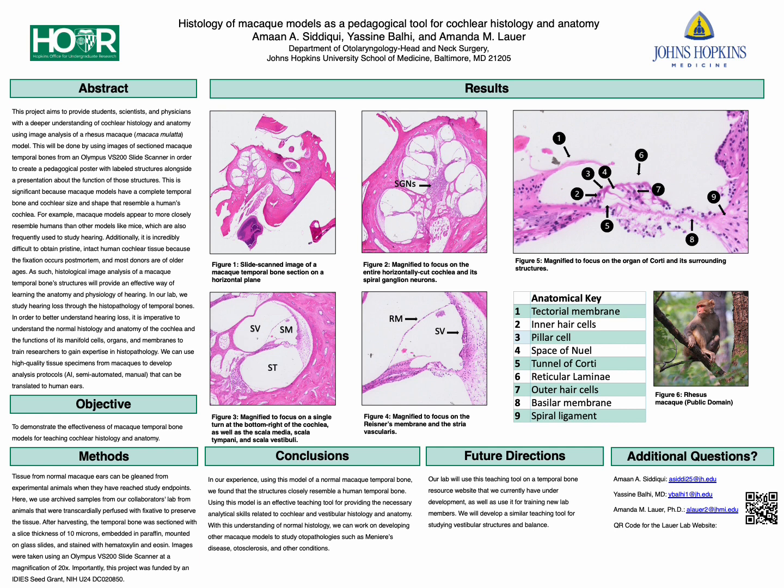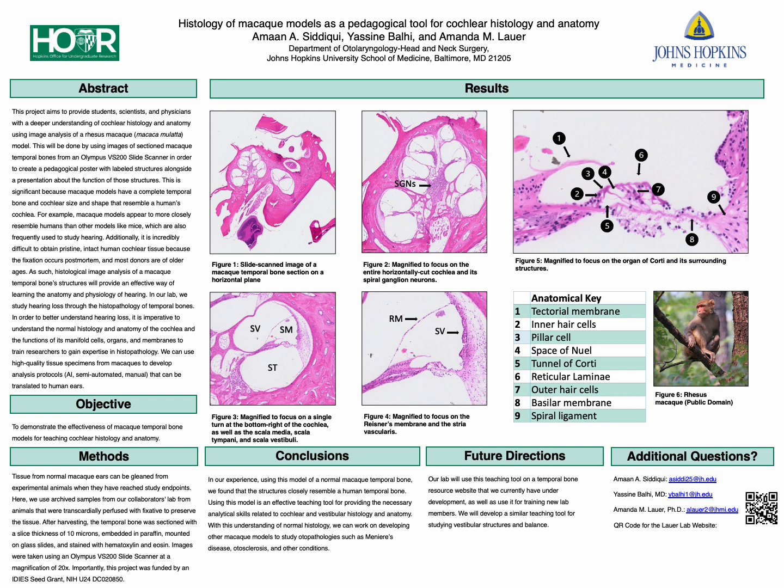Taking a look at the abstract on the left, this project aims to provide students, scientists, and physicians with a deeper understanding of cochlear histology and anatomy using the image analysis of a rhesus macaque model. This is significant because macaque models have a complete temporal bone and cochlear size and shape that closely resemble a human's cochlea. Macaque models also appear to more closely resemble humans than other models like mice, which are frequently used